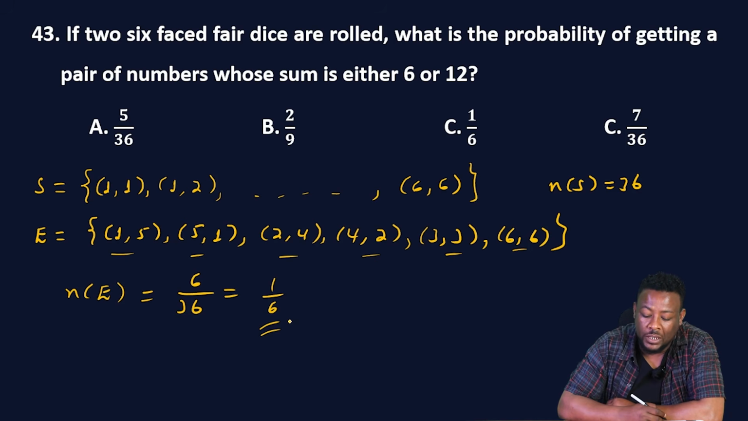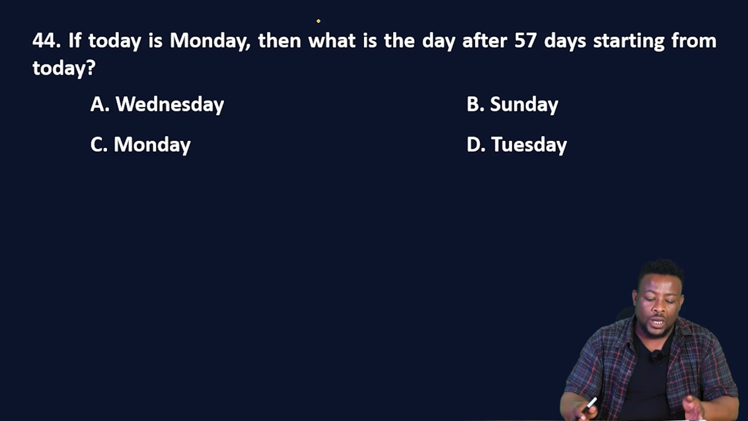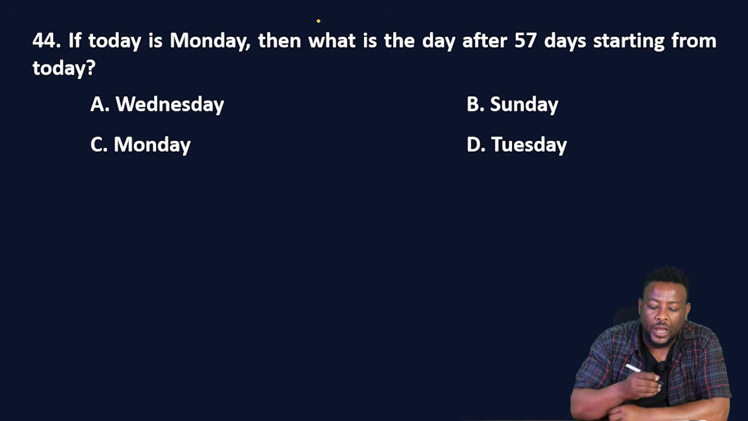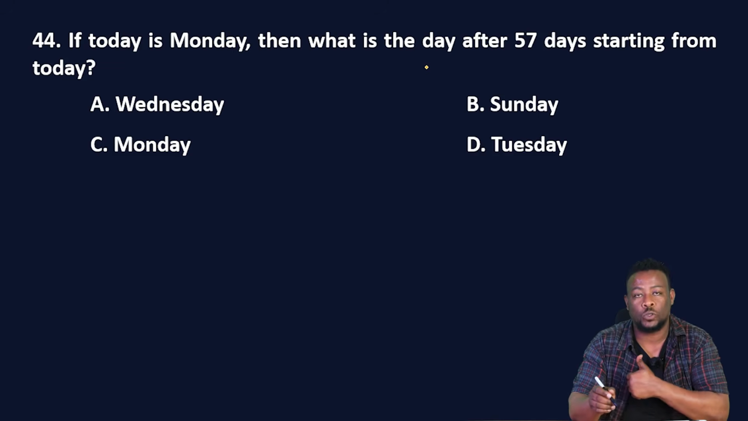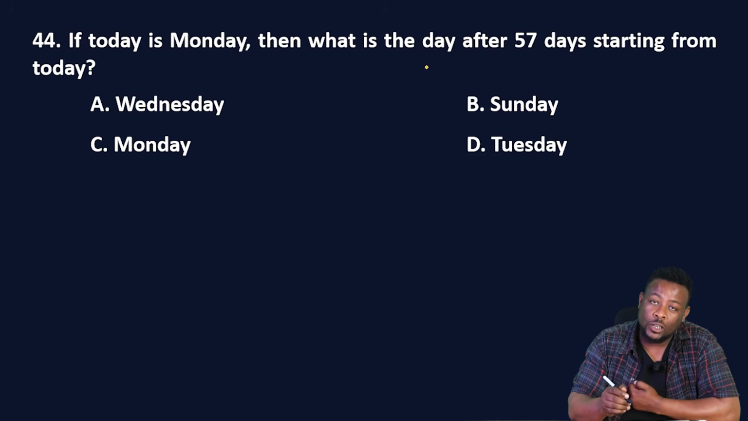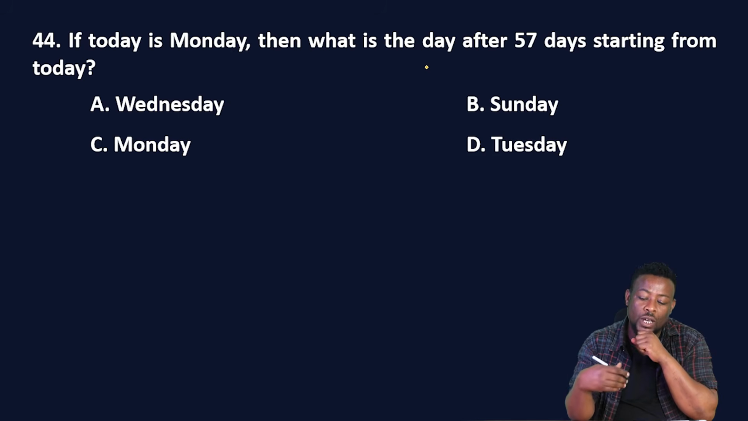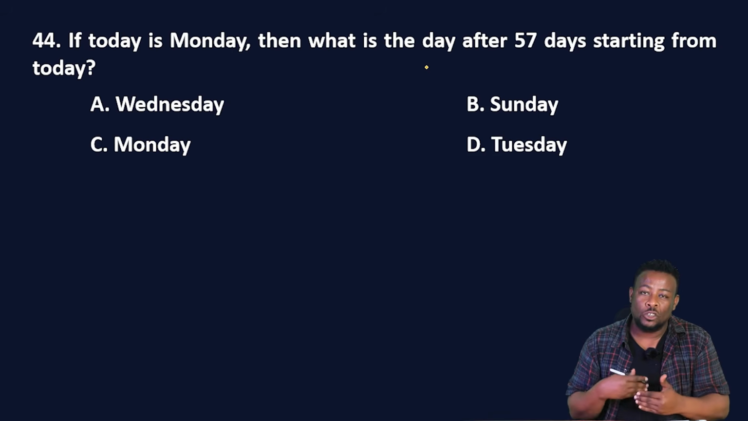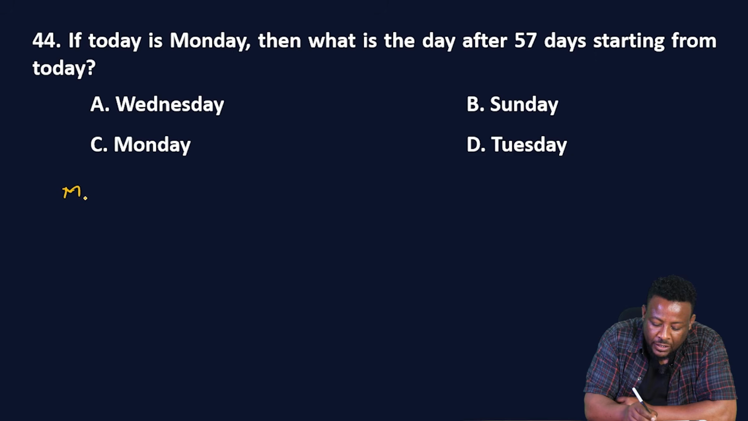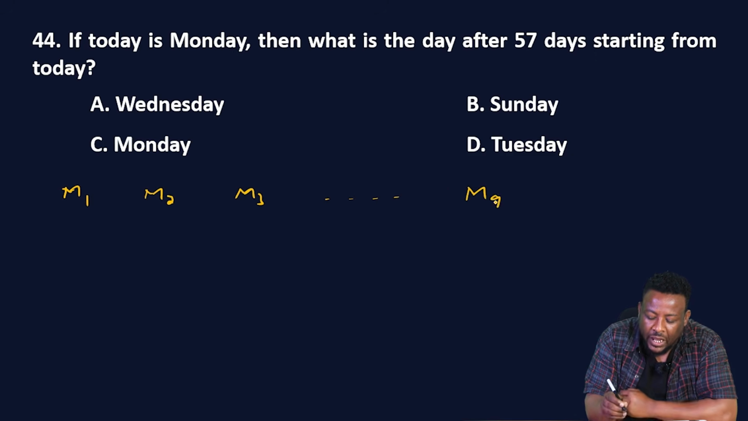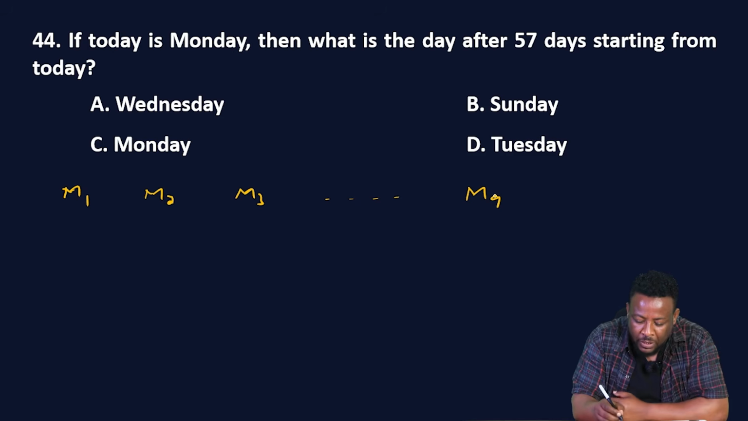So የ43ኛው ጥያቄ መልሳችን የሚሆነው ሲ ነው ማለት ነው። ወደ 44ኛው ጥያቄ ጋር ስንመጣ if today is Monday then what is the day after 57 days starting from today ይለናል። ኦኬ ዛሬ ሰኞ ቢሆን ከ57ኛው ቀን በኋላ ያለው ቀን ማን ይሆናል የሚል ነው። Okay, today is Monday ስለሚል let's say M1 as the first day. Okay, the next Monday M2 እንበለው then M3 the third Monday እያለን ብንሄድ ዘጠነኛ መንዴ እናገኛለን።